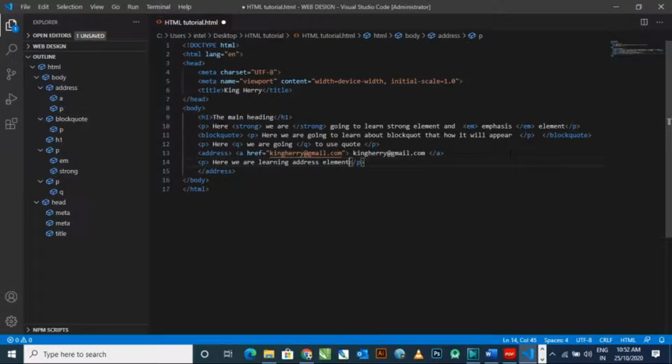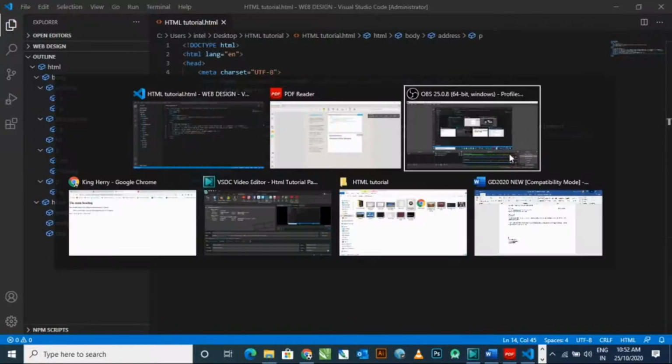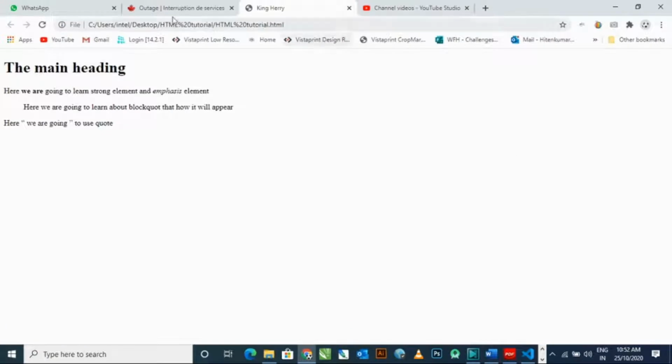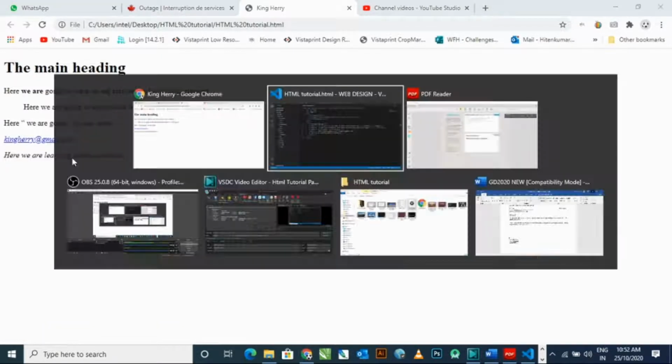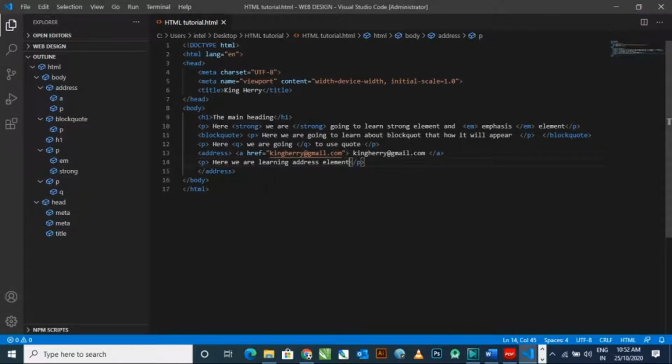Simply I'm typing here how it will appear on our browser window under the address abbreviation. I'm refreshing my page and you can see kingharry at gmail.com, and here we are learning address element. You can see it in italic font and it looks a little bit different from other font.